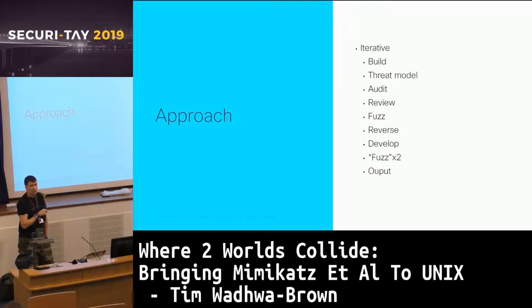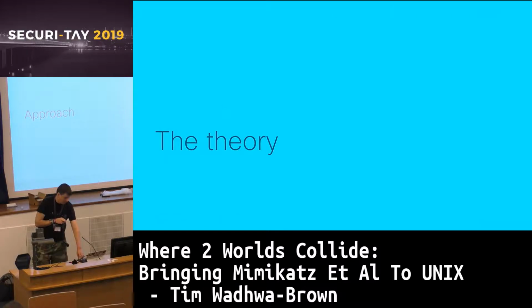Reverse engineering, because this is something that's probably fairly similar to the weaknesses you'll find in Windows. The cryptographic side of things was definitely something that needed reverse engineering. Development, more fuzzing, you can see the pattern that I went through. And as I say, it was iterative, but I wanted some output. So the theory of what I was actually doing